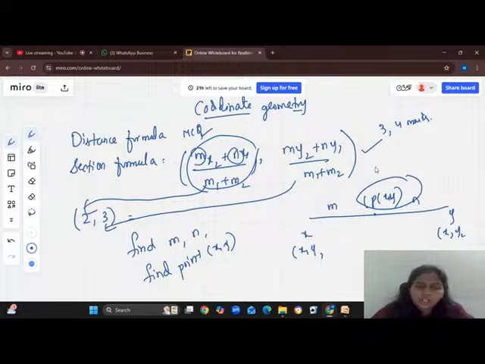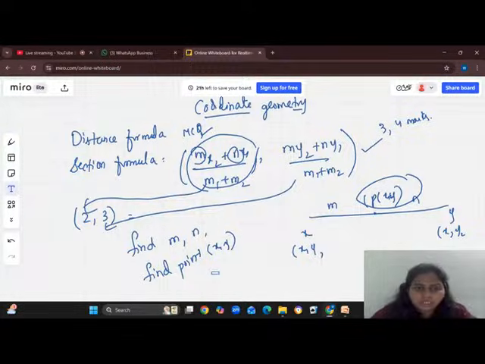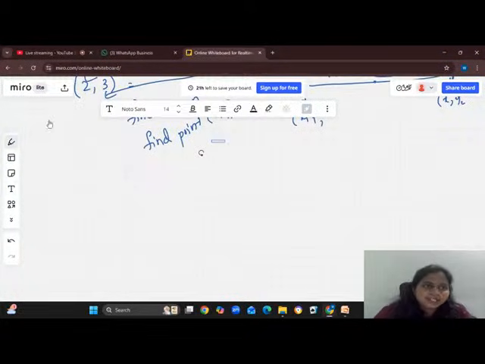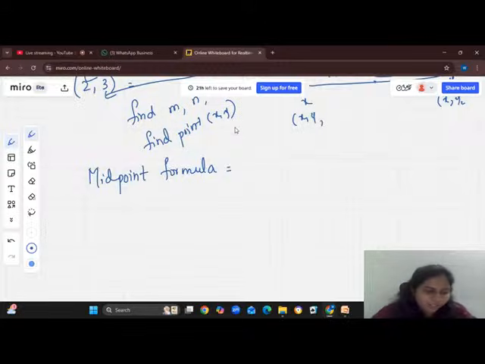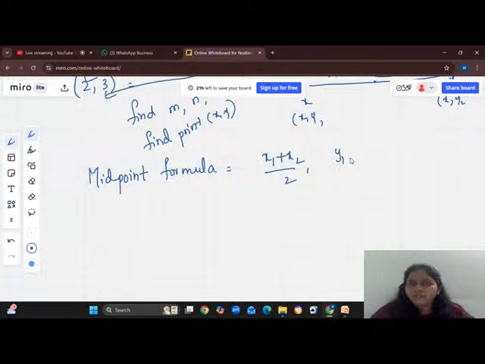This is all about the coordinate geometry, and another important thing I have to tell you is the midpoint formula. Yes. How can I forget this? Very, very, very easy and very important formula. The midpoint formula. How many of you like midpoint formula here? It's very easy, right? If yes, can you comment S? So x1 plus x2 by 2, y1 plus y2 by 2. This is the midpoint formula.